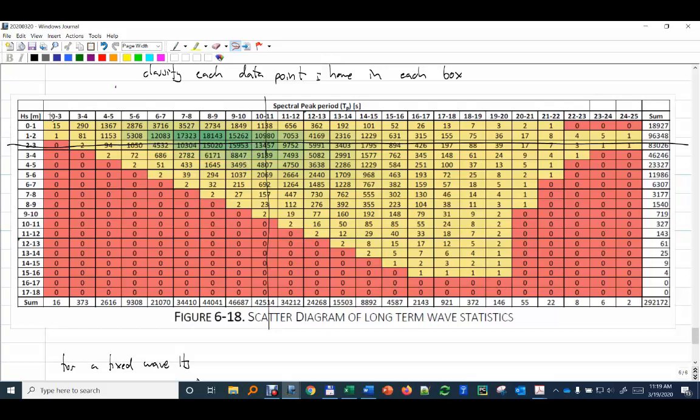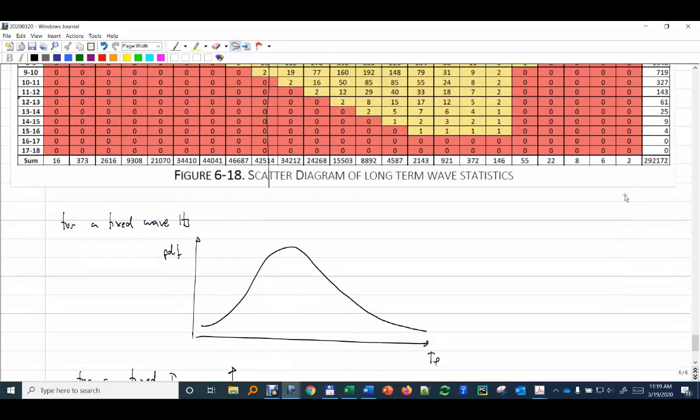But that simply tells you for your sea what are the most likely values to occur, the TP and HS that are more likely to occur for your location, and how likely they are to occur. So you see that, for example, these very big waves with a period of 0 to 3, they never happen. They were never measured. In this case they measured 292,172 sea states, which if we make our calculation, this is how much? 292,172 divided by